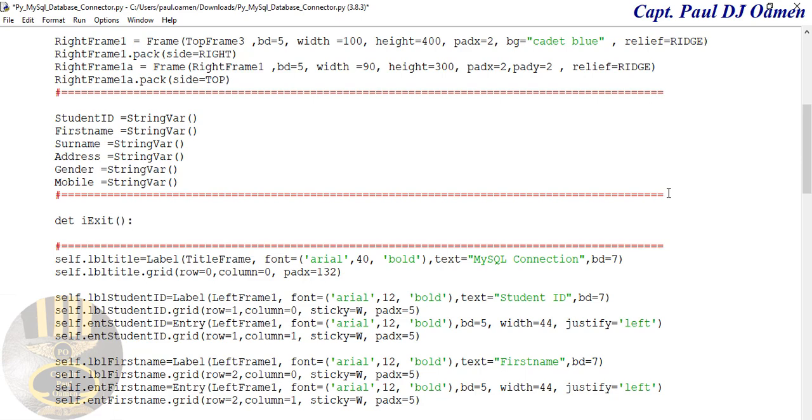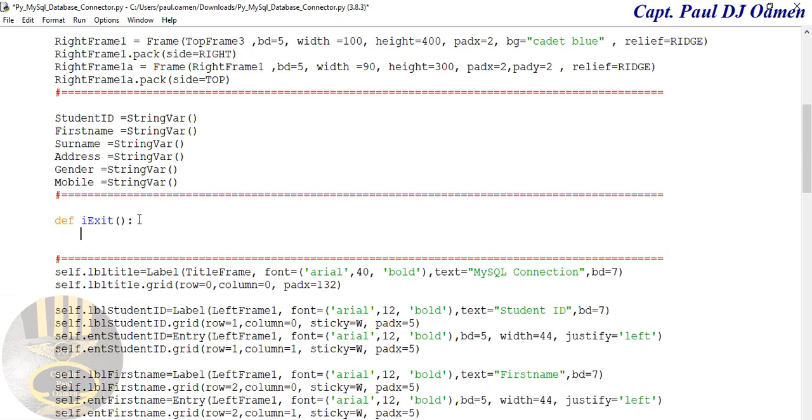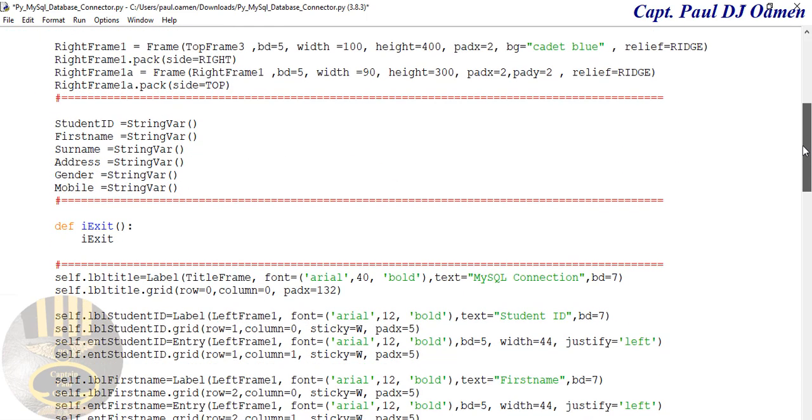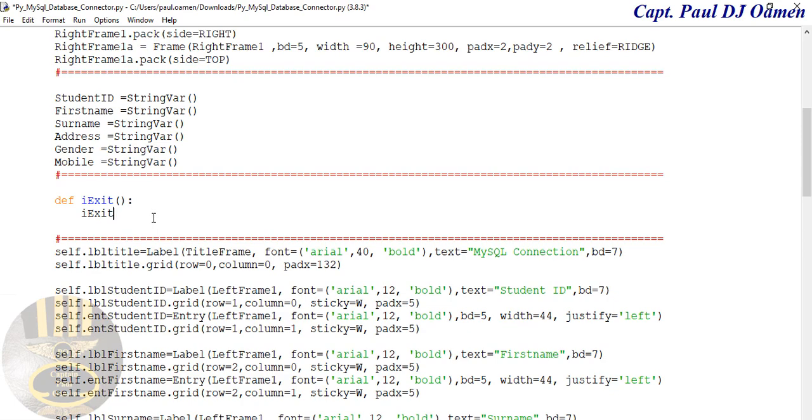There. That should be an F. Alright. Come right down here. And iExit equals tkinter. Okay, this very tkinter that is declared up there. Okay, now I am making use of it. iExit equals